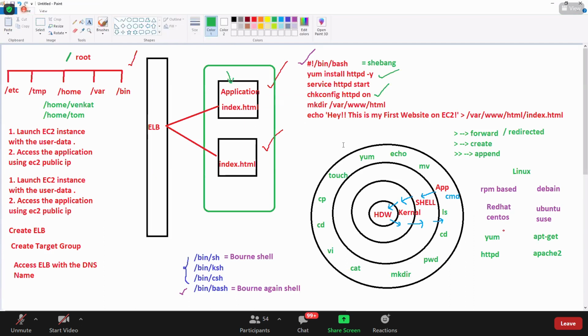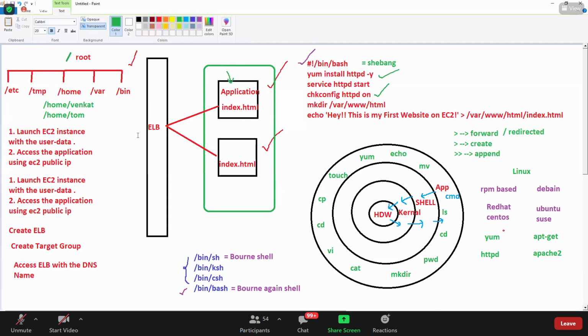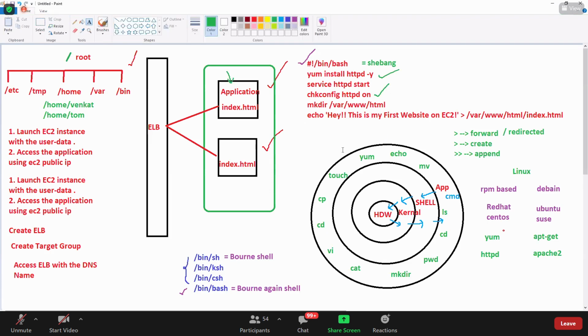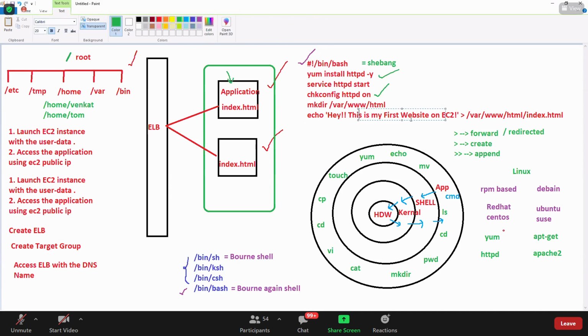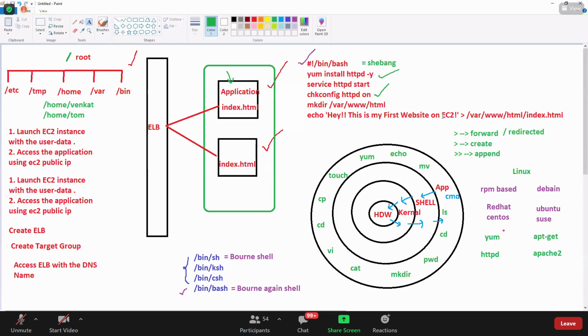Yes. So here in this script, I'll put a small modification. See, basically, the application should be the same here and here. It should be the same, guys. But for now, I just wanted to show you that the load balancer can send traffic to multiple EC2 instances. So I'll say, this is my first website on server 1. And here in user data, I'll put server 2.